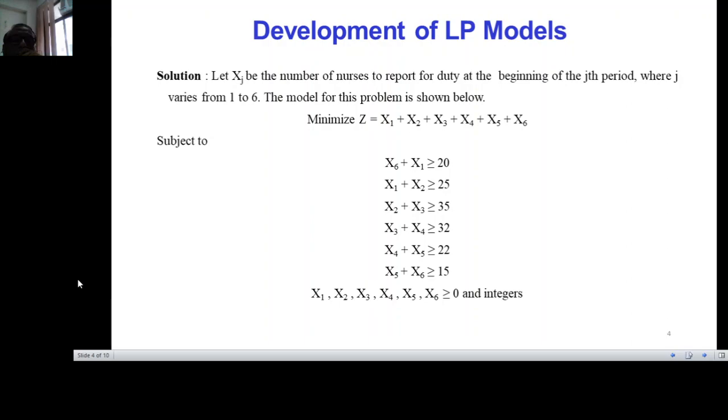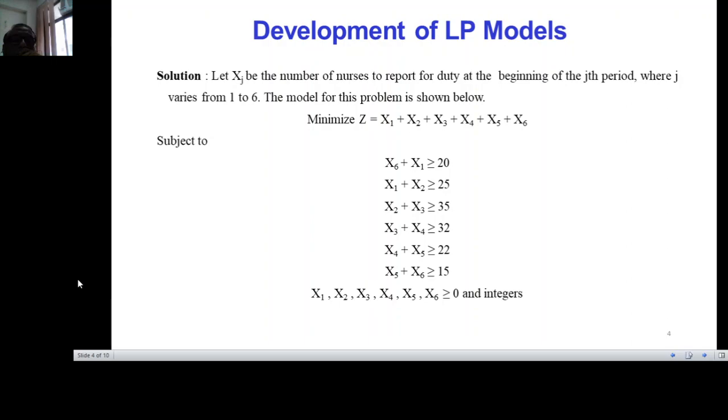So, our optimization problem is: minimize Z, the objective function, Z equal to x1 plus x2 plus x3 plus x4 plus x5 plus x6, subject to the constraints. This is what you have to understand. I say x6 plus x1 should be greater than or equal to 20. What does it mean? See here, those who arrive